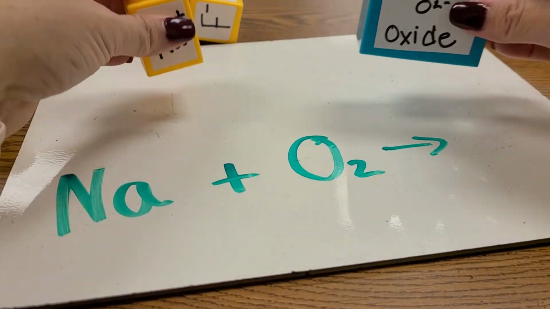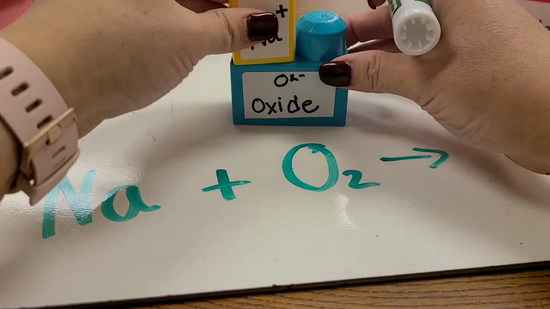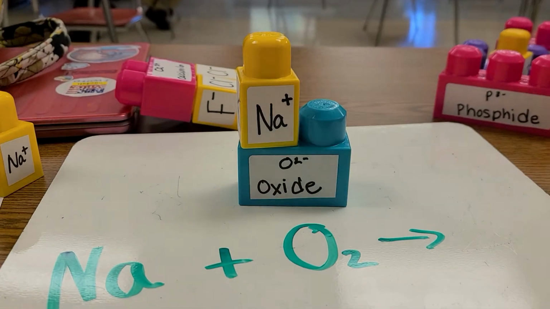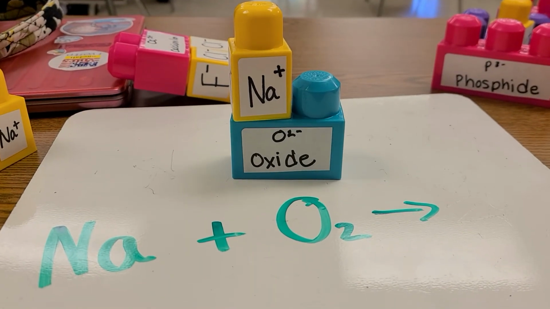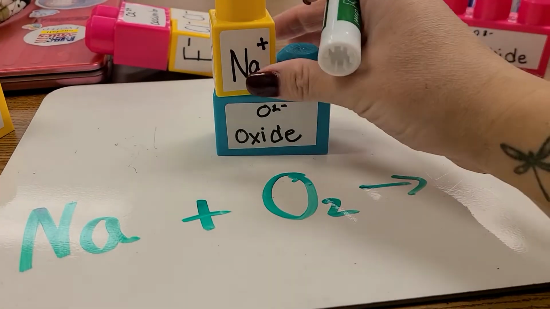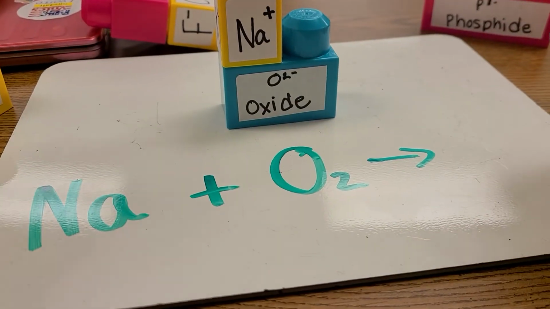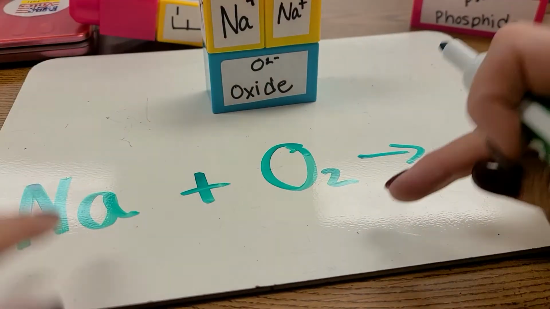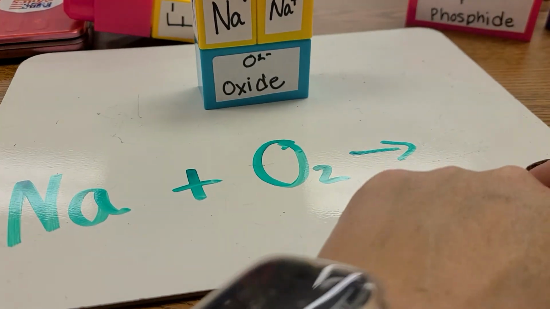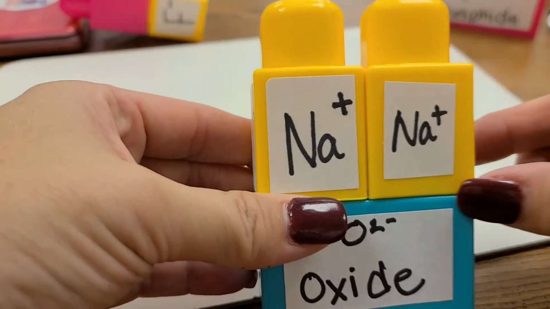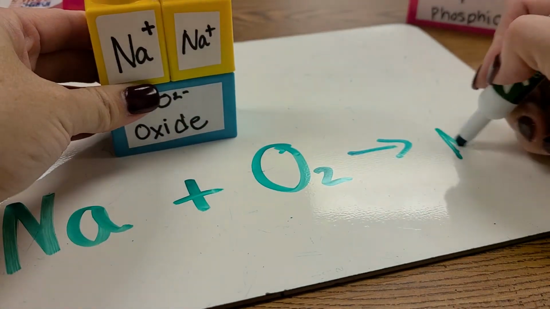So if we just put these two together, so the oxygen's already a 2, if we just put these two together and called it NaO2, that's not accurate because we don't need 2 oxygens. We need 2 sodiums. So what you have to do when you put these two together is not just write it on the other side, you need to figure out what the charges are going to be when you crisscross them. So the product here is going to be